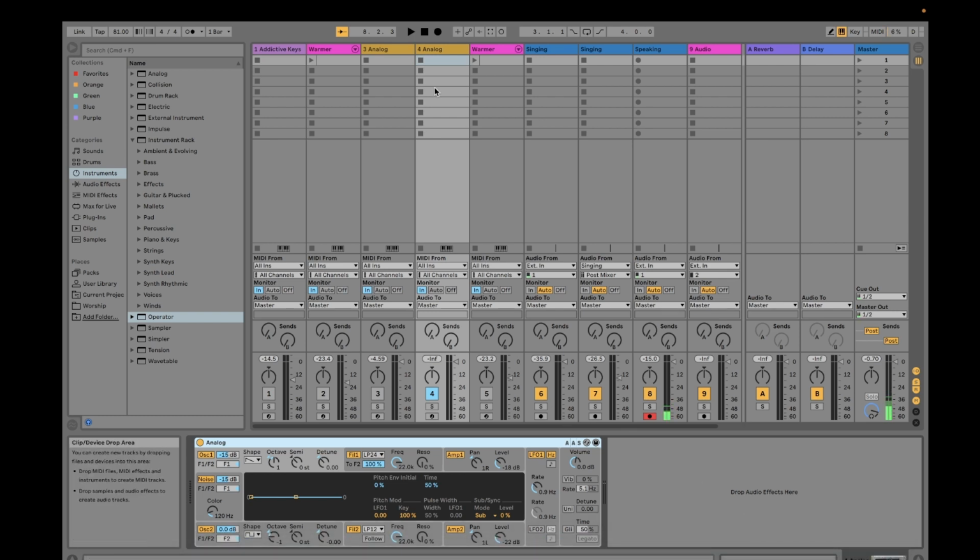If you see, this is the instrument that we have created. It's an analog instrument. We have made adjustments to make it sound like this. So now it doesn't sound like a pad, because we haven't added the audio effects that we would apply. But before we do that, if you see here,